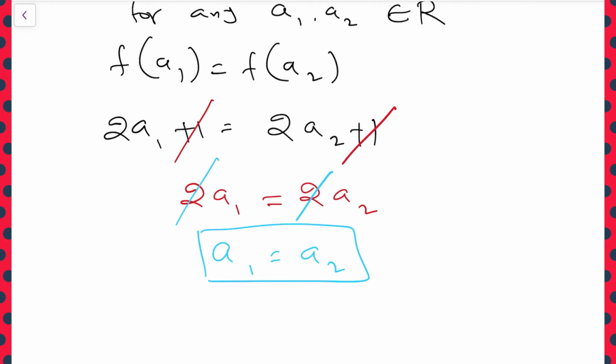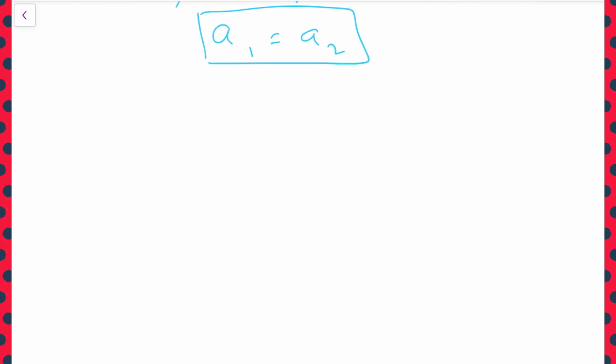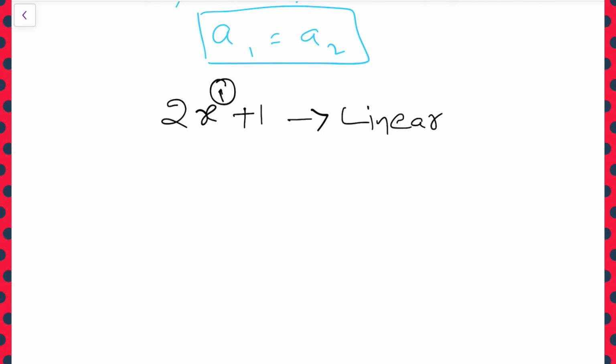And one more logic you need to remember here is 2x + 1. For x no power is written, which means 1 is the power always. If the power is 1, it is called linear. In this case we are discussing a function, so this will be a linear function. A linear function is always a 1-1 function. It is compulsory. Always, a linear function is a 1-1 function.